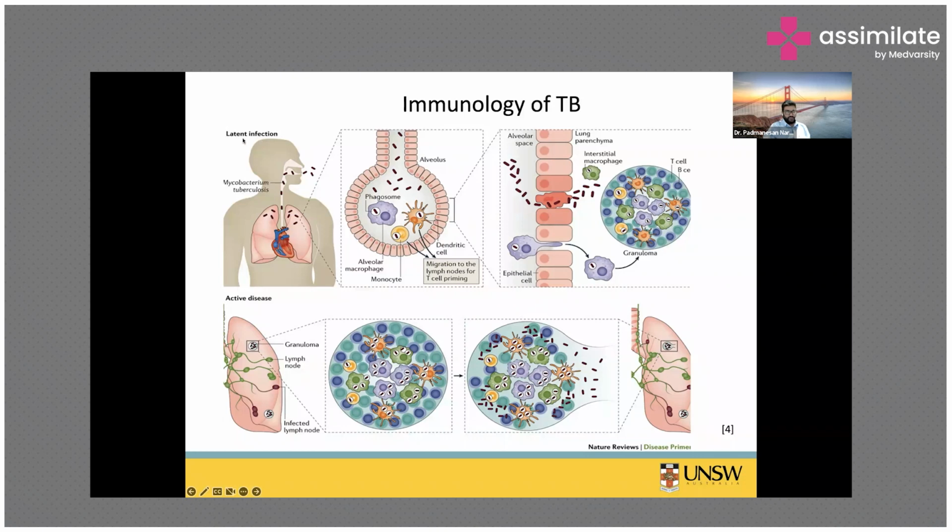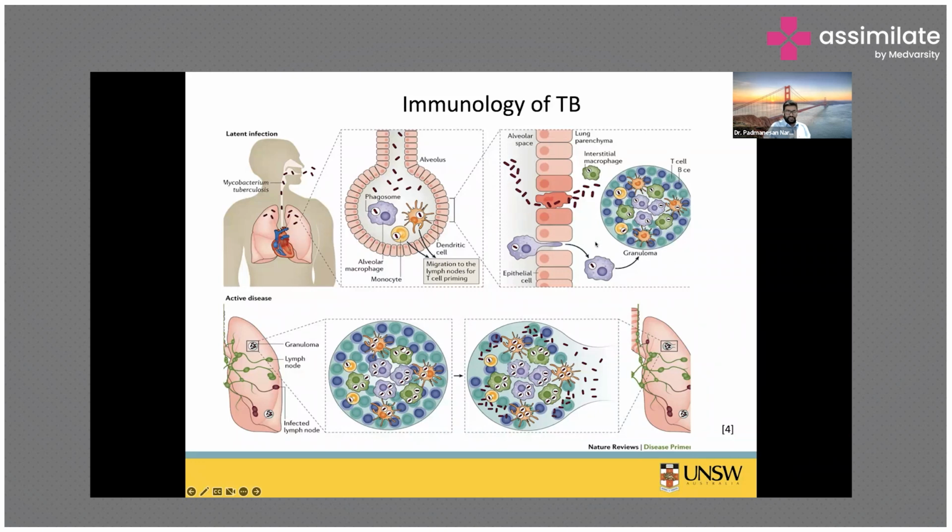That's what is written on the top left hand corner. Once you contract TB bacilli, nearly 95% of them go into a state called latent TB infection. This is very important from the perspective of TB elimination. As I told you, 95% of them, if they contract TB bacilli, go on harboring TB bacilli in their body in a state called latent TB infection. And in latent TB infection, there are no signs and symptoms.